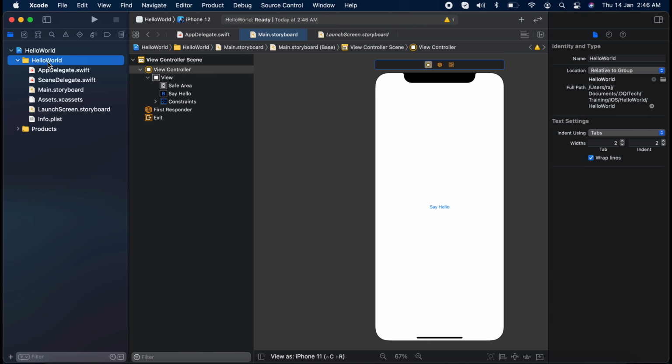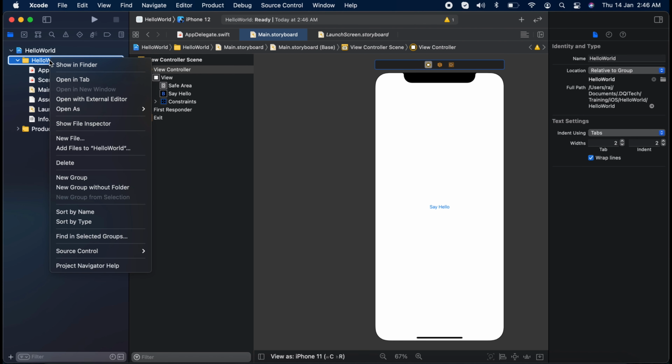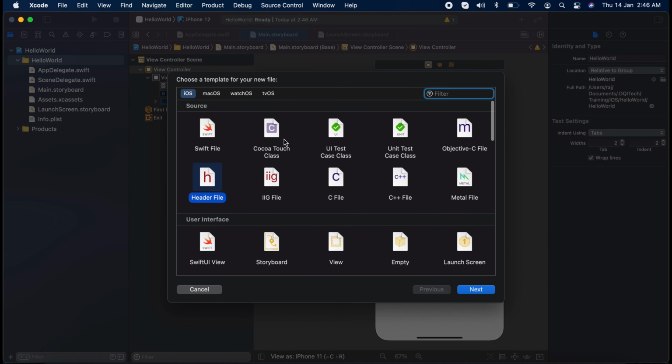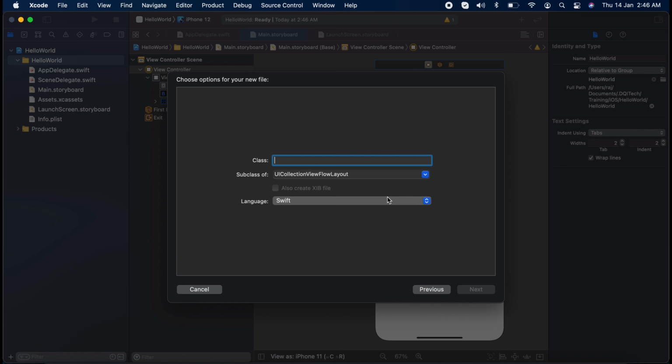So make sure you click this hello world folder, right click on it, new file, click this Cocoa Touch class, where you will be having all the iOS SDK classes. You can access the iOS SDK user interface related stuff. Click next. I want what? UIViewController, right?